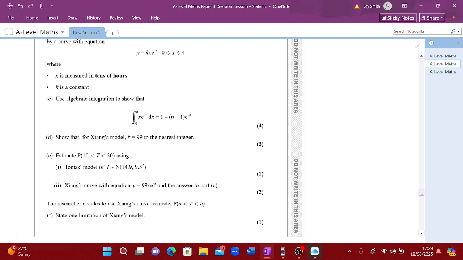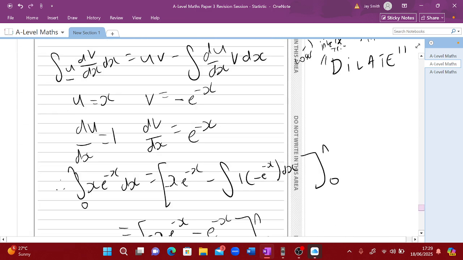So we have to work with our limits then. Well, we know it goes between 0 and 4 for x. So really, the whole area is going to be between 0 and n is 4, isn't it? To give us the total area under the curve. And the total area is the total frequency of 90. So therefore, we can say,